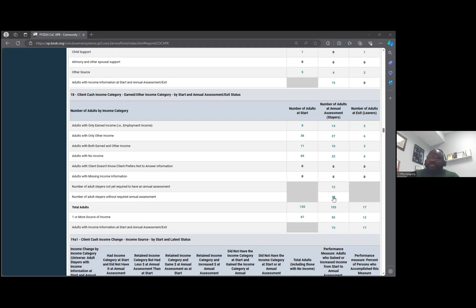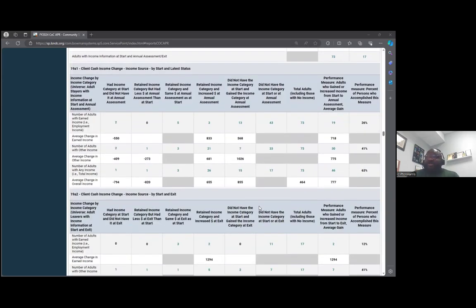But the second number should be 0, because if it's not 0, then your income performance won't be accurate or you won't get credit for the people included in this number until we fix the annual assessment. Okay. So that's question 18, which carries into question 19,